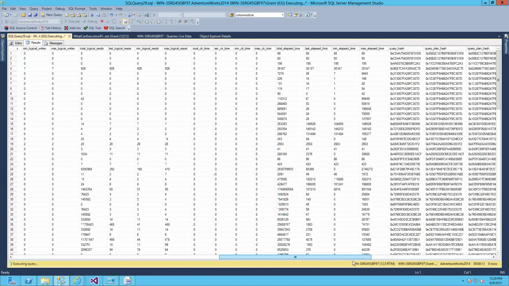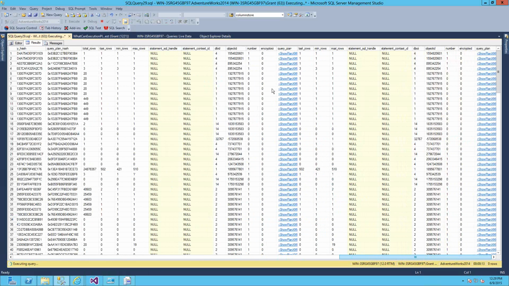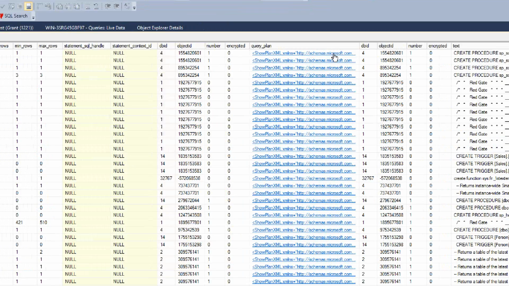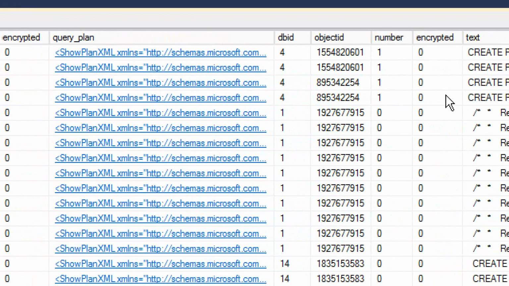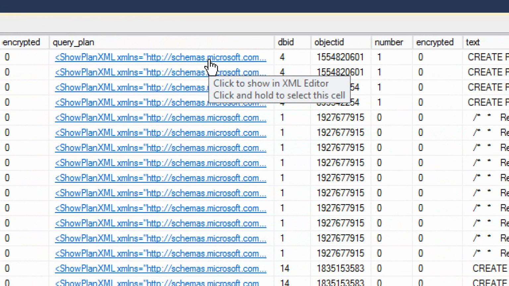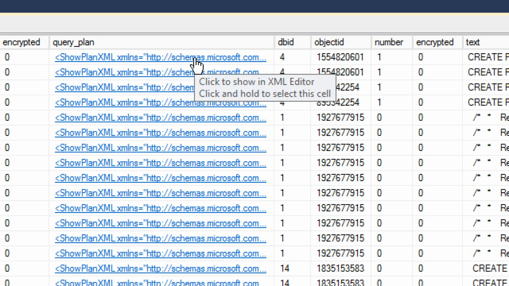Let's scroll way over because you've already seen most of this data, but what we've added on over here is, let me zoom in so you can see, we've added in, you'll see there's a thing, it doesn't look like an execution plan. For anyone who's looked at an execution plan before, this doesn't look like one, but you'll notice right there, I've got my little pop-up saying, click to show in XML editor. Well, when you open up a .showplan file, as this is, in the XML editor, what you get,